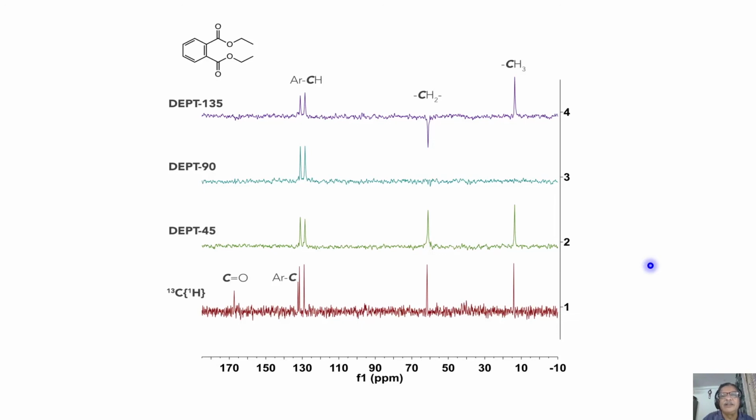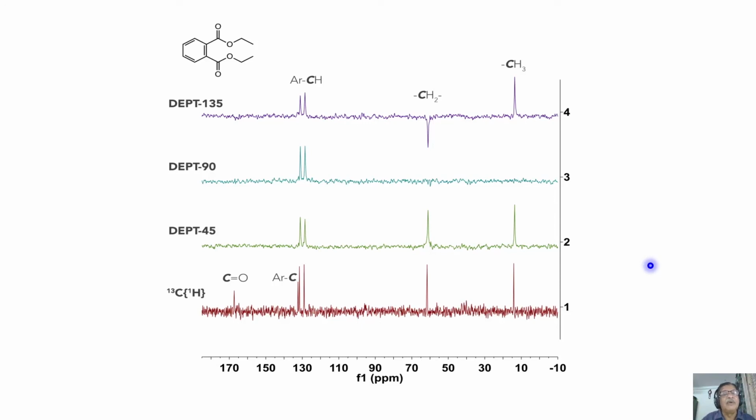Understand? Of course, you may ask me a question: why is it negative, and what to do with that? This is only phasing. When you do the practical consideration, I will tell you, this phasing you can always make positive, and later phase correction we can always do. But this is the way. Now, proper combination with the scaling factor, proper addition and subtraction of all these things can give you a CH only spectrum, CH2 only spectrum, CH3 only spectrum, or quaternary only spectrum.